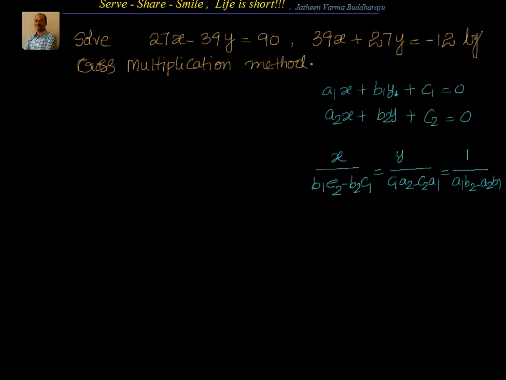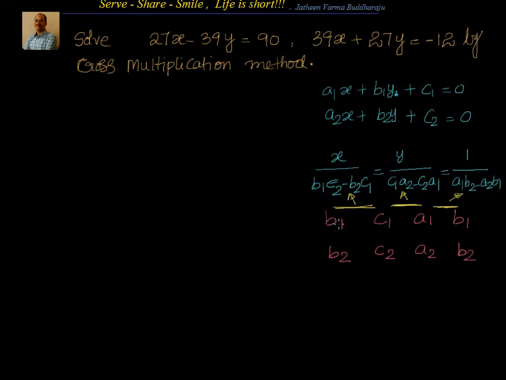Now how do we get that? To solve this, you don't need to remember the formula, just write the coefficients starting from y. Put down b1 first, then b2, then the constants c1, c2, then again the x coefficients a1, a2, then again y, that is b1, b2. To find the x value, consider the first two. To calculate the y value, consider the second two, and for the constant value, consider the last two. That's how you will get the value.